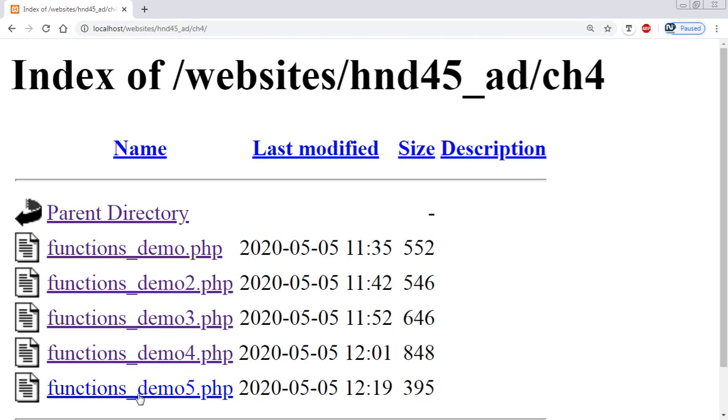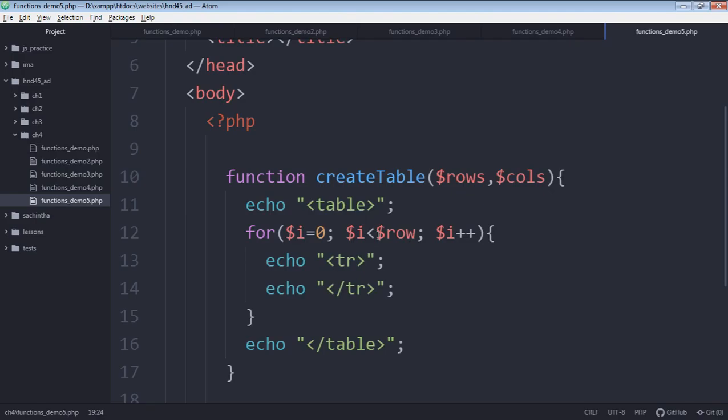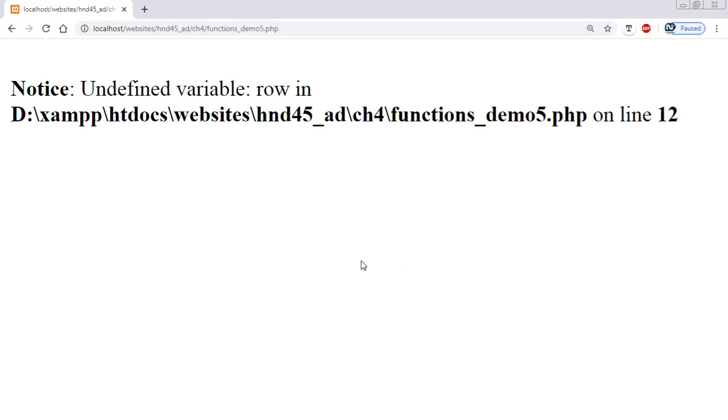Now there's an error in line number 12. Let's fix that. I suppose here I said row. Let's fix that. Yes. Right, now see there is no proper output there. We'll see the source code. You see,